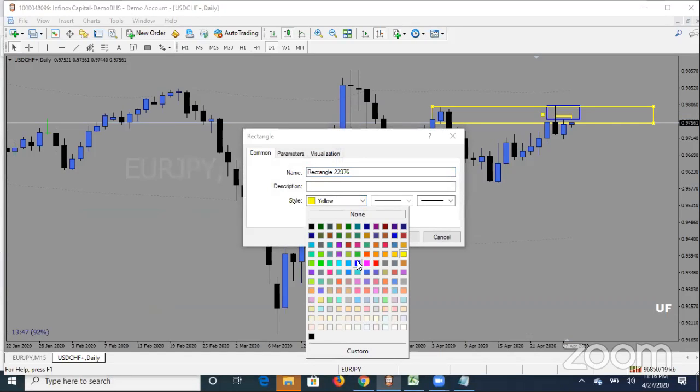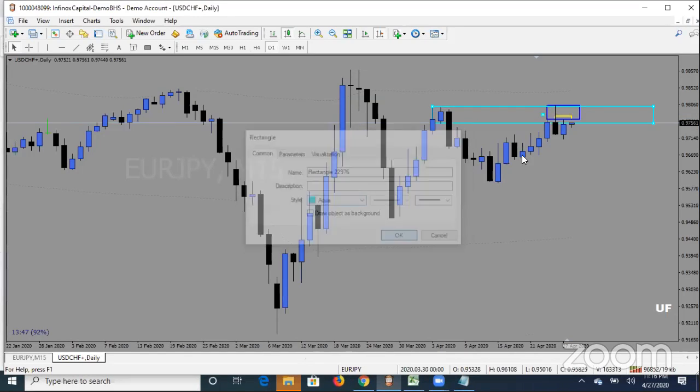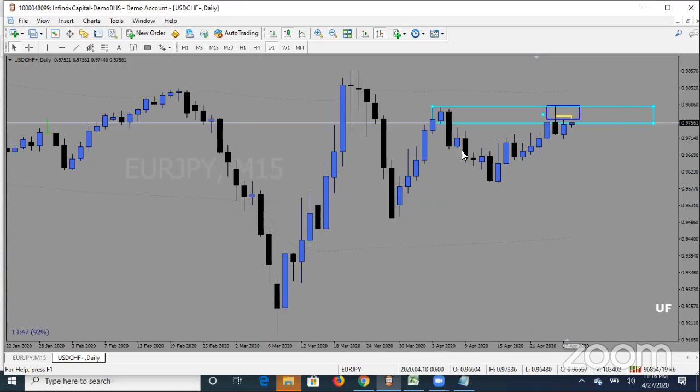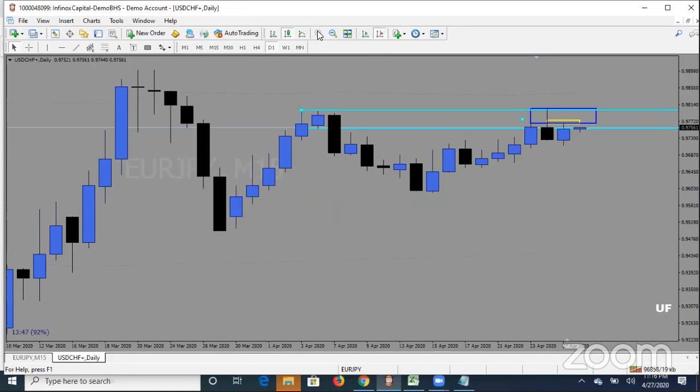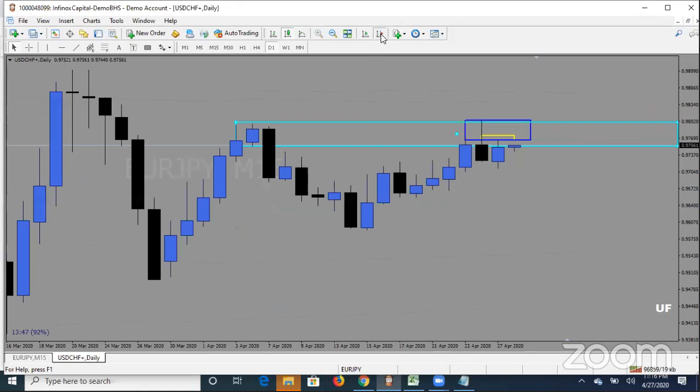UCHEF needs to do something very, very dramatic to break above this point. Now, if you're a student of ICT, you also notice that there was a fair value gap and UCHEF just about, let me take out the previous